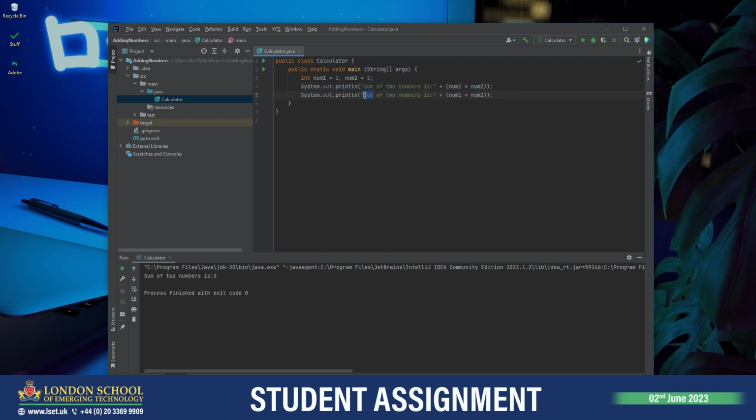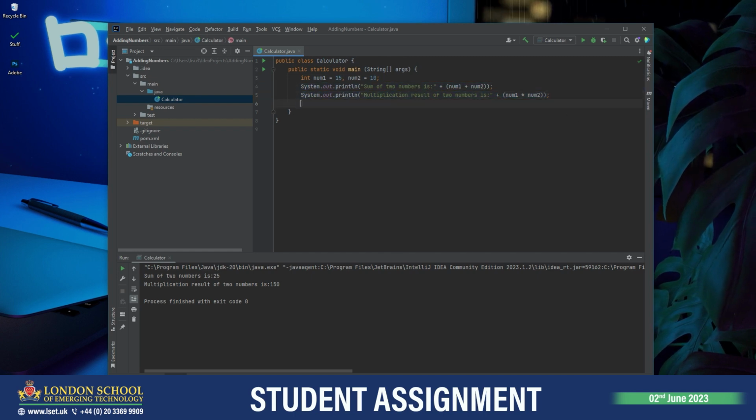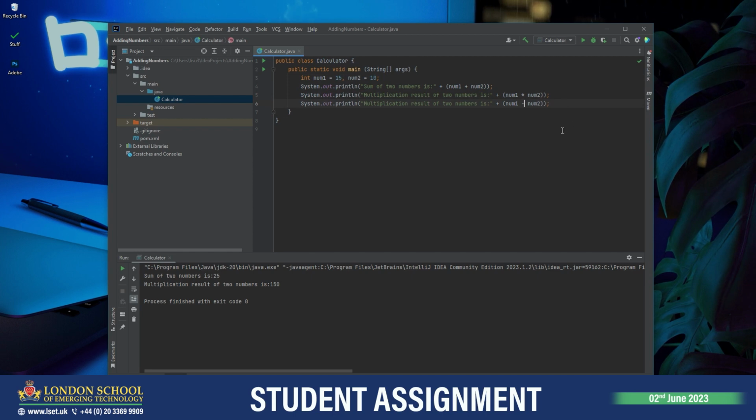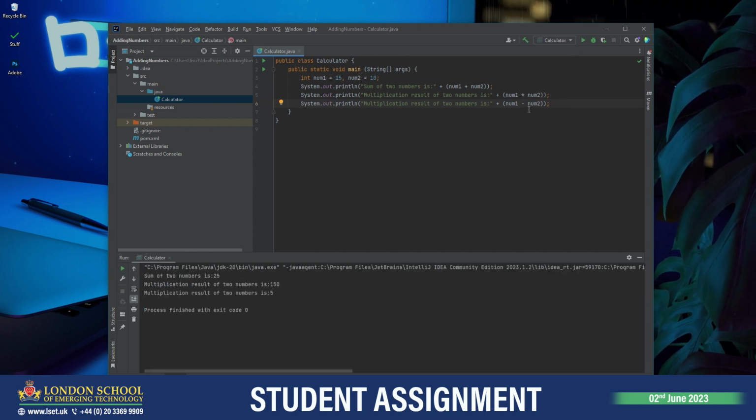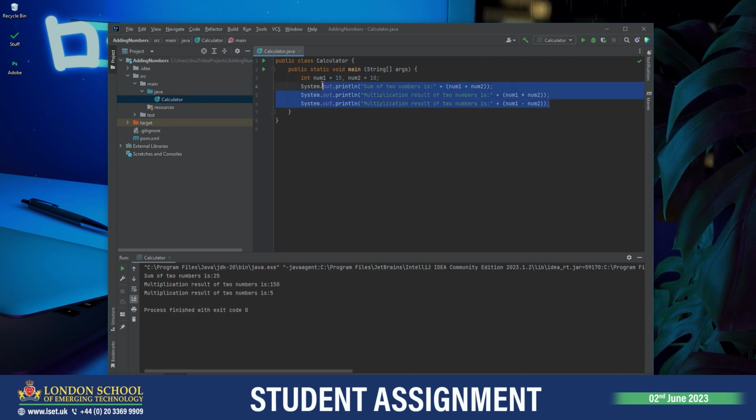So we could copy that and call it multiplication result. We just would change this to multiplication. Yeah, and as you can see, it works. We could change those numbers to something else. Yeah, and as you can see, it works. And again, we could use this for subtraction. And it works again. But I wanted to show you guys something different, maybe to